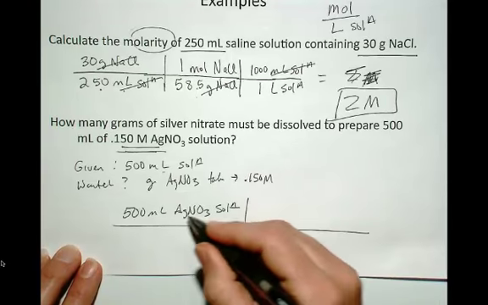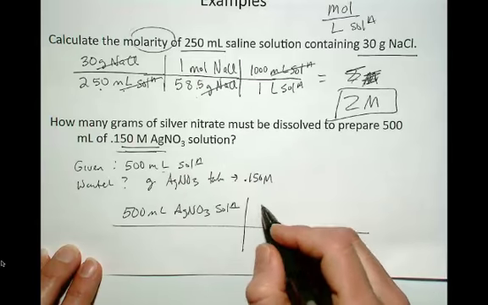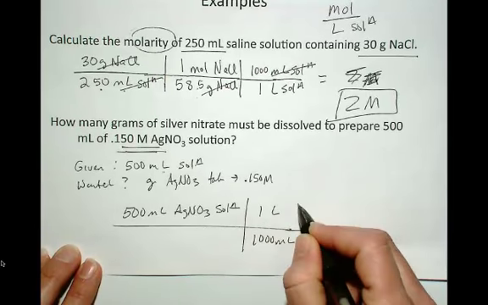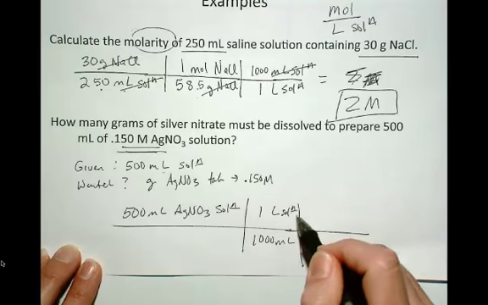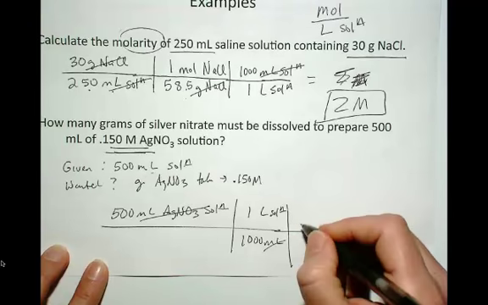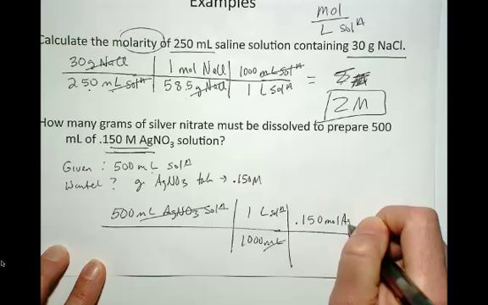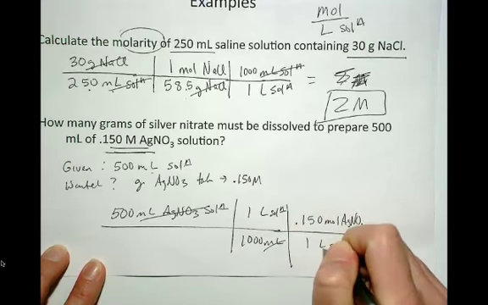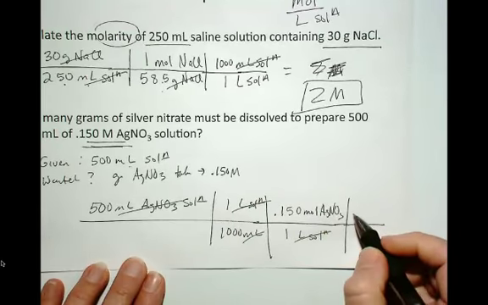So then you just need to get that into units of liters, because this is moles per liter. So that's going to be 1 liter divided by 1,000 milliliters of solution. So that's going to cancel. I'm left in liters, and now I can multiply that by the concentration, 0.150 moles silver nitrate per 1 liter of solution. That's going to cancel. Now I'm in units of moles. Now I just need to get the number of grams,